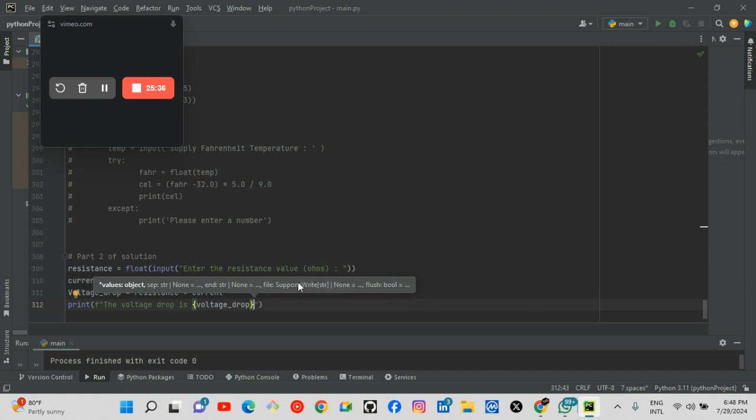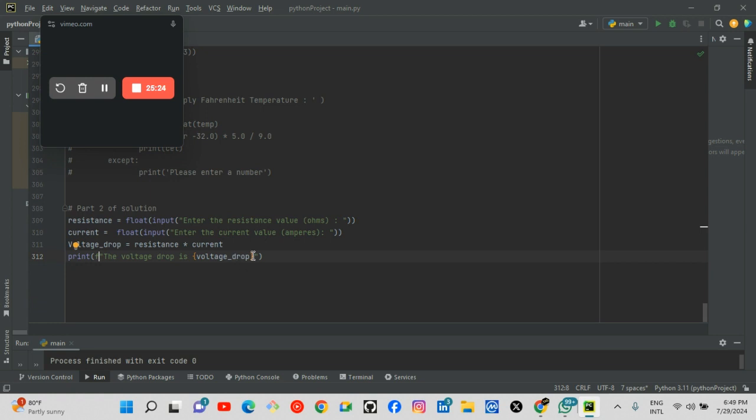So now you will notice that I placed an F before it. Now what this F does is that it helps us to be able to call a variable inside of a string. So this F is known as F string or formatted string literal in Python. It just allows you to be able to embed expression inside a string.